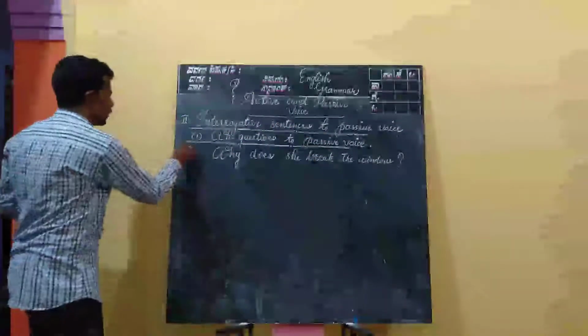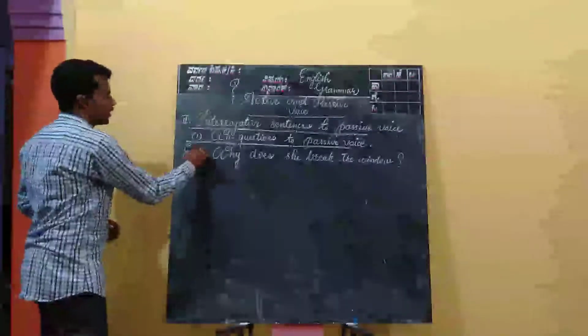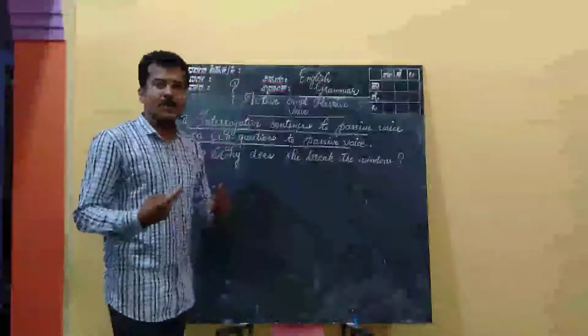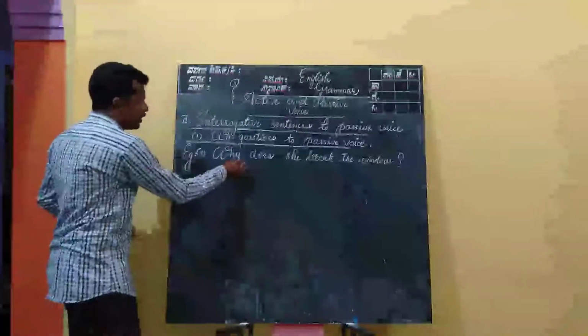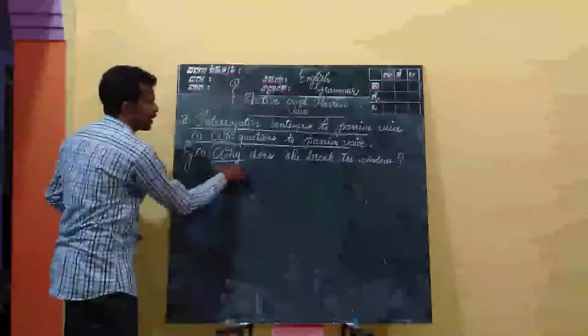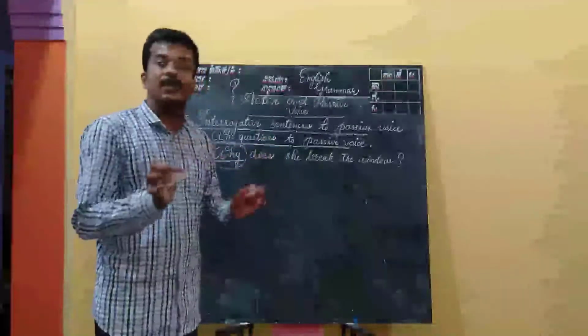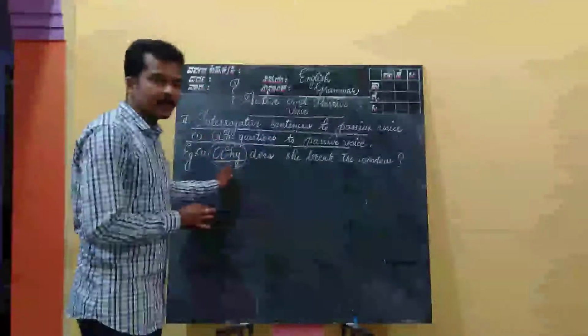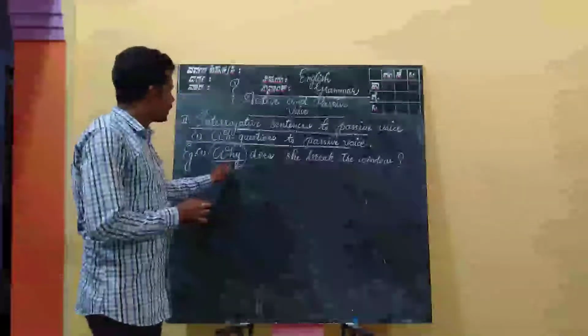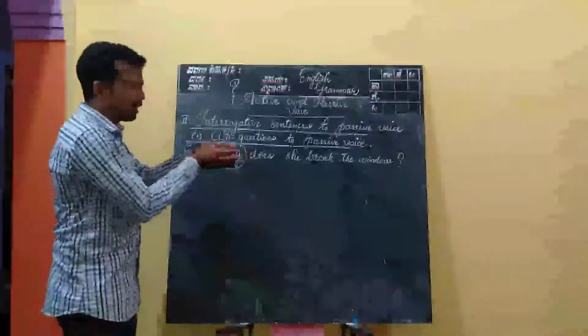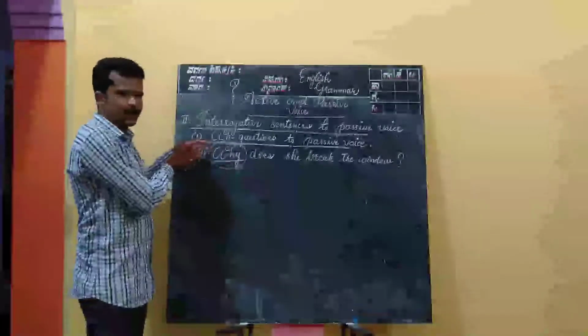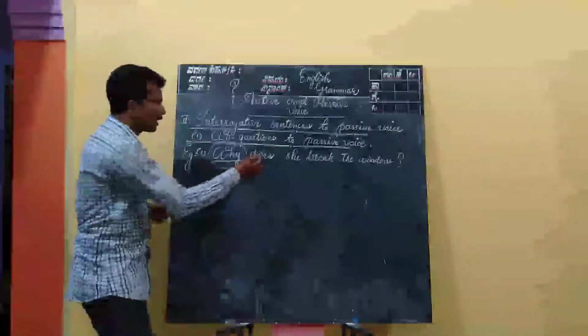And one of the examples I will write on the board. Example 1. The question is, why does she break the window? Since this question starts from a WH word, you could easily understand this is a WH question. Why? Because it starts from a WH word. Then see, as a first step, just leave this WH word. In the sense, keep this WH word somewhere for the time being. We call him back later. And the remaining part is